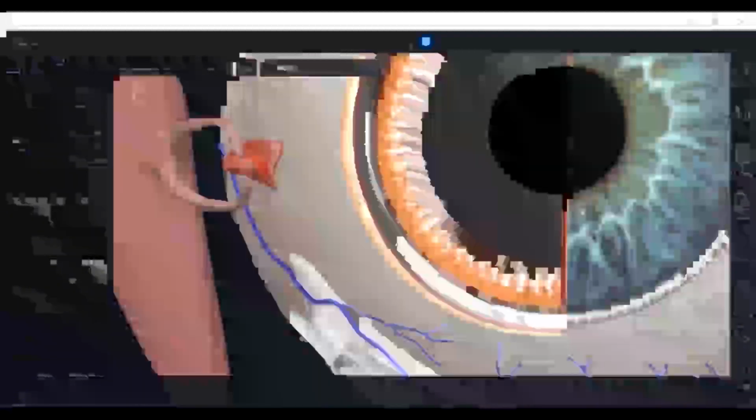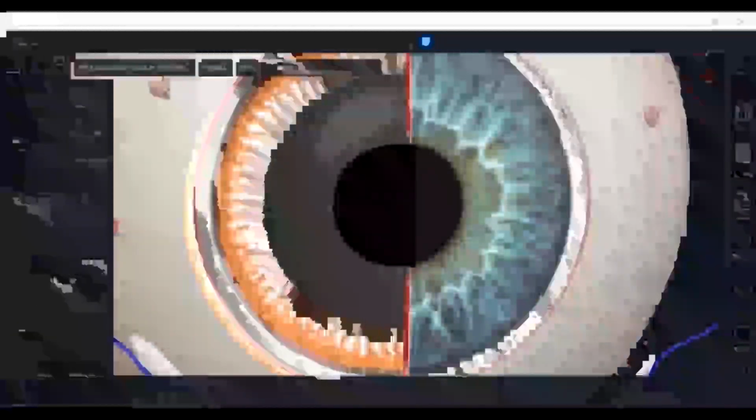Then this is the iris of the right side. Once I hide this, you will see the muscles of the iris, the dilator pupillae and the constrictor pupillae. This is for students to understand the eye, and if they later become ophthalmologists, this will remain in your mind for a very, very long time. This model, I felt it's very nice.